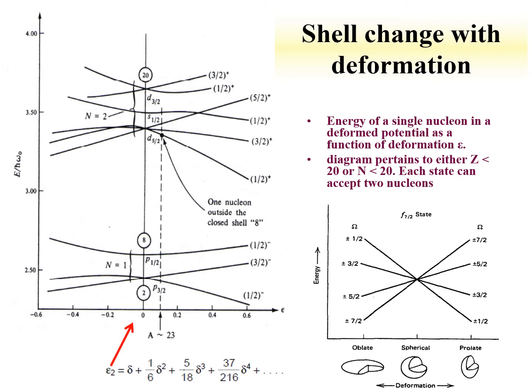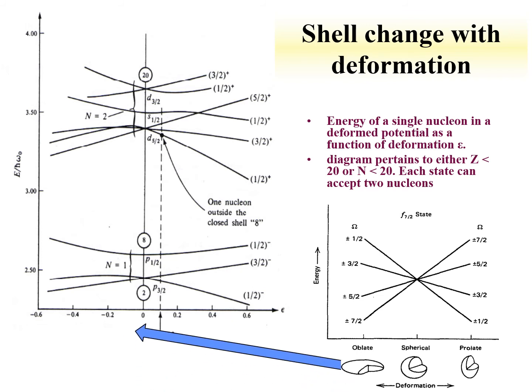This deformation parameter is shown here, and the oblate nucleus will have a negative deformation parameter, and the prolate nucleus will have a positive deformation parameter, and for a spherical nucleus, the deformation parameter will be 0. So fundamentally, what we can do from a very simple point of view is use a Nilsson diagram,